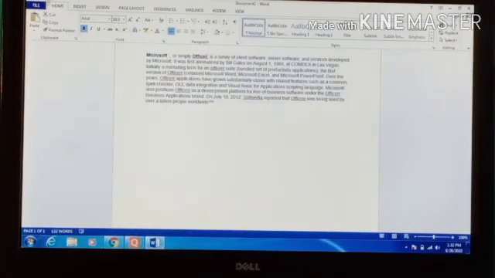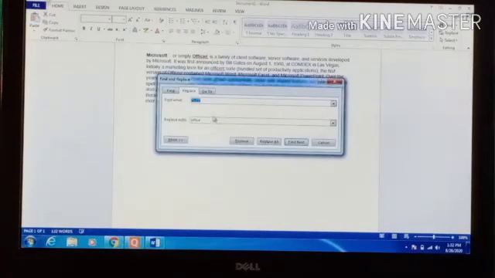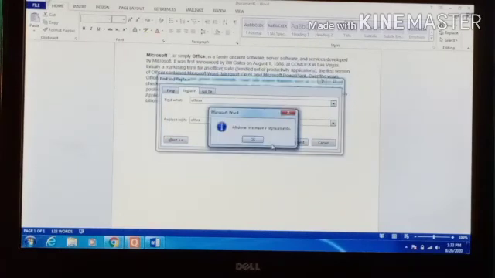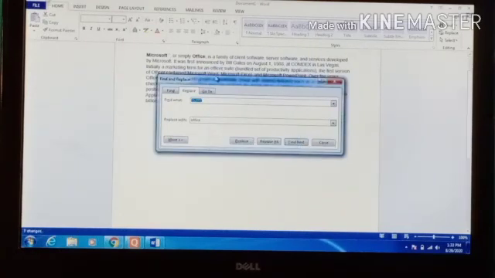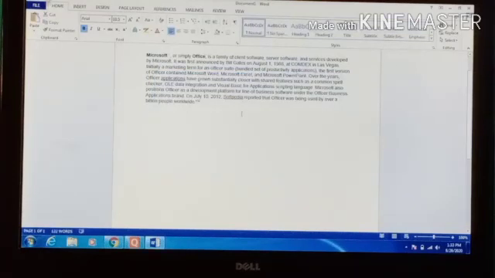So again I press Control plus H. Find what: officer. Replace all officer, changing it to office. This is finding and replacing text in the document.